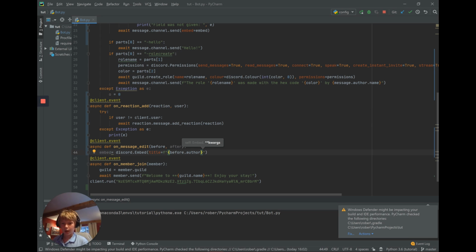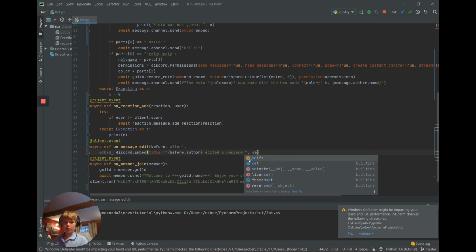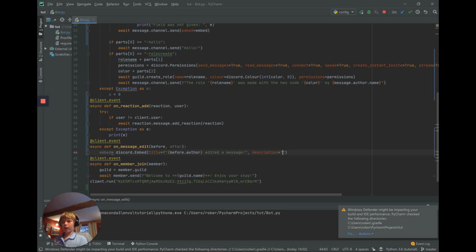It might do, it might not, but okay. Edited a message, and then description equals, let's just make that before, and we'll make a field after,